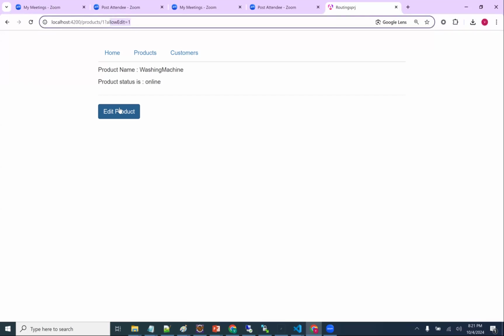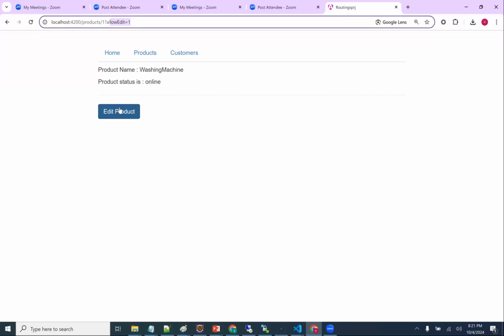What we need to do here is preserve the query parameters. What is the meaning of preserve? Preserve means saving or keeping.